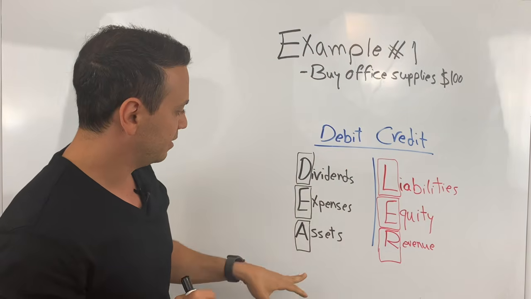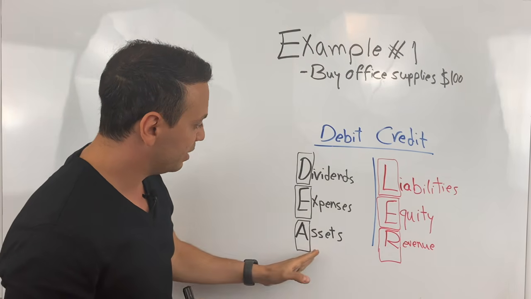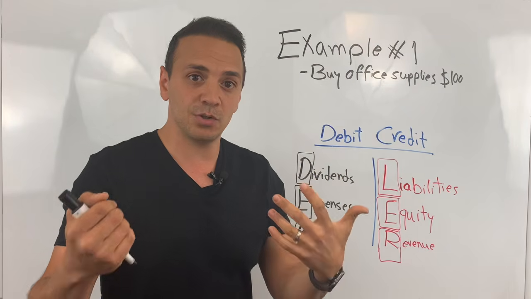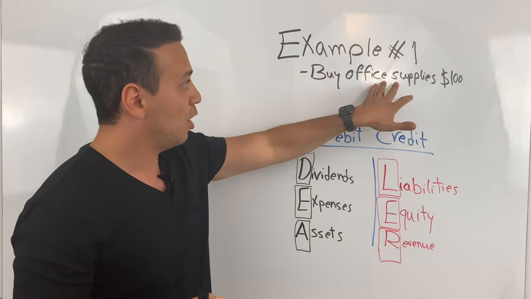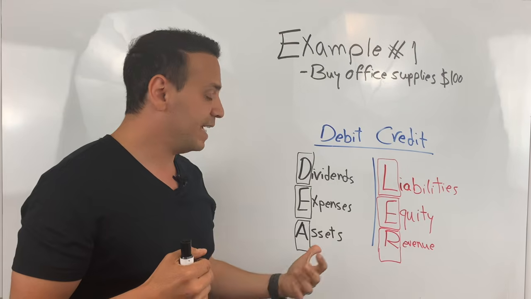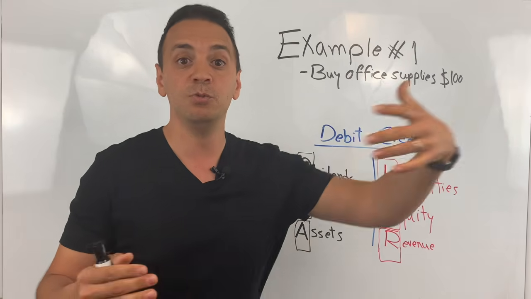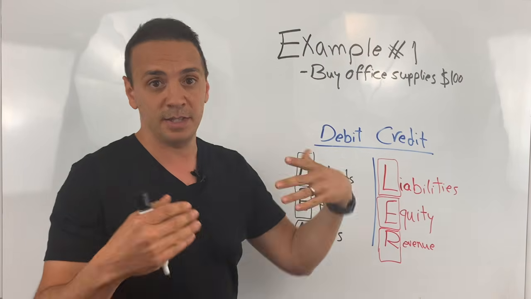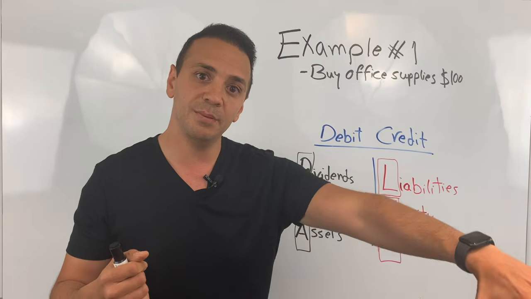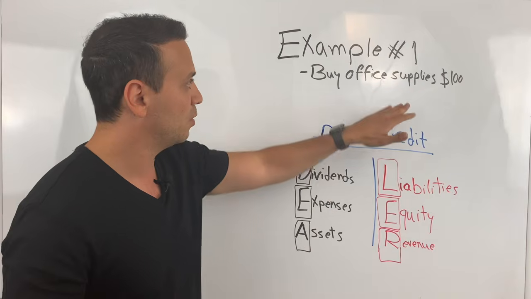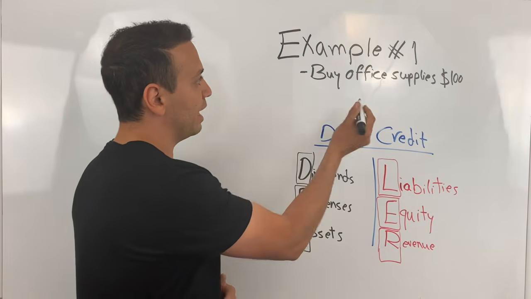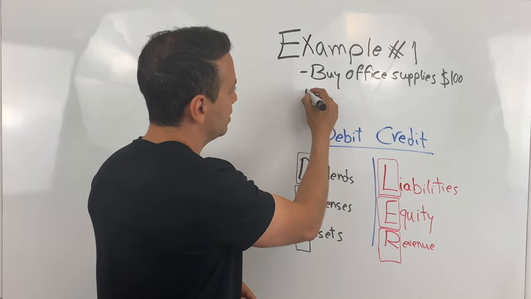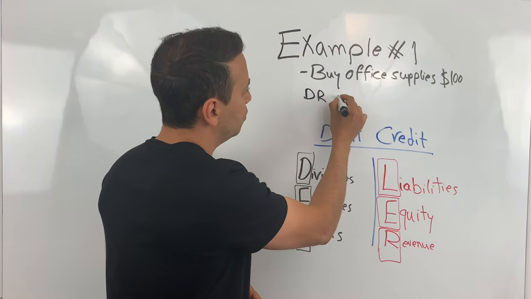So to record that, you have the assets here. They always have a debit nature. Office supplies is an asset. And the way to know whether anything is an asset or an expense, the definition of an asset is that it's a purchase that will have a future economic benefit. Are you going to have a future economic benefit from office supplies? I think the answer is yes. When you get office supplies, you keep it at the office and you use it in the future. And so office supplies is an asset. That means we have to debit this asset, office supplies, because it has a debit nature in this chart. So debit to office supplies